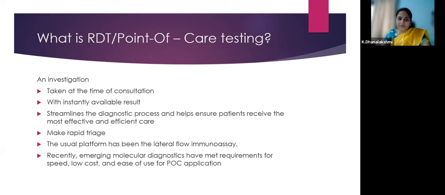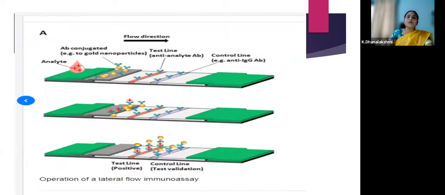So this is a point of care testing which is done at the time of consultation with immediately available results, and it helps to diagnose a condition properly, which is helpful in making an effective treatment and helps in rapid triaging also. So this is a lateral flow technique. What is the basic principle applied in lateral flow immunoassay? We apply a blood sample here. It can be used to detect antigen or antibody; this is called an analyte. For example, take an antigen detection test. The blood sample contains an antigen. It is poured into a well and it traverses here.